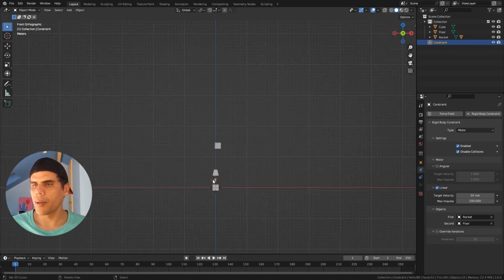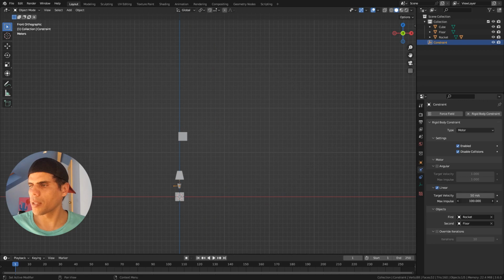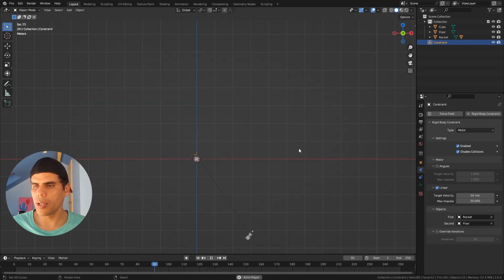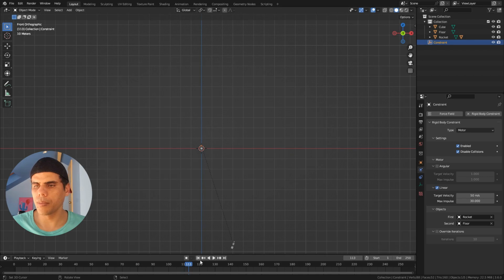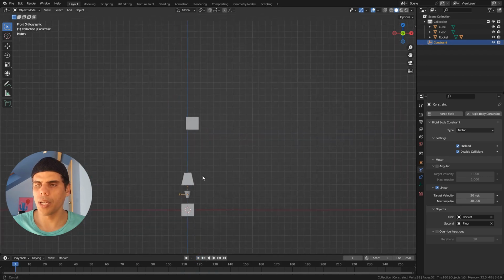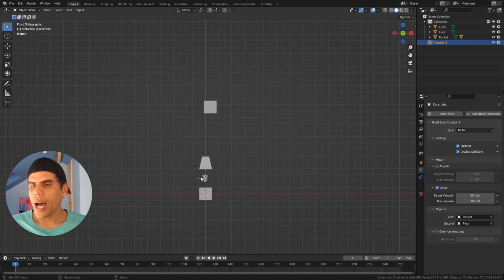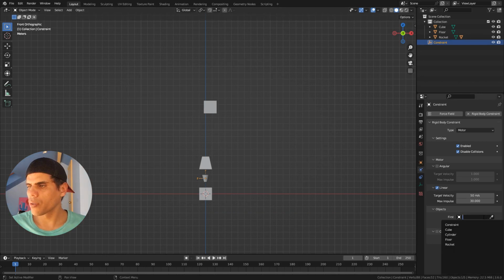We can maybe make it with less impulse, maybe 50. Let's see what happened with 30. Boom. Okay, now it's not going that crazy, and it's acting more like a proper motor. But what happens if we change the order? If we put floors first, and then put rocket in the second position, it's important here to change